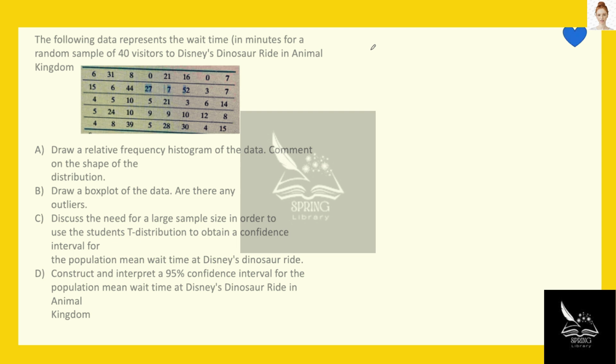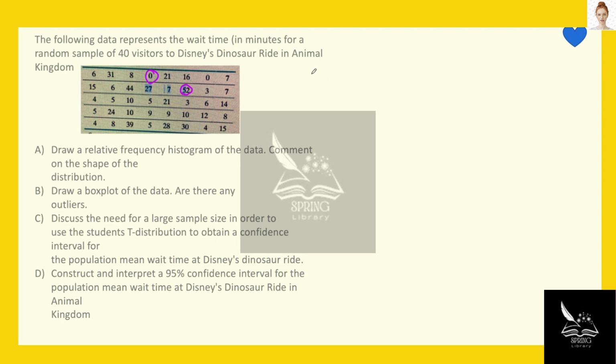So for this, the following data represents the wait time in minutes for a random sample of 40 visitors to Disney's Dinosaur ride in Animal Kingdom. It wants you to draw a relative frequency histogram of the data, comment on the shape of the distribution, and draw a box plot of the data. Are there any outliers? First of all, I'm noticing that 52 is the highest number